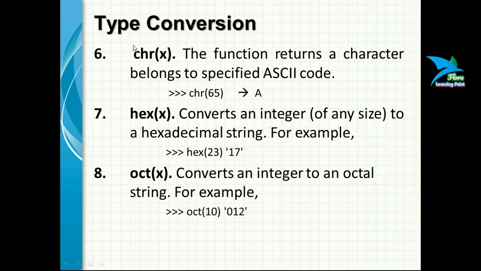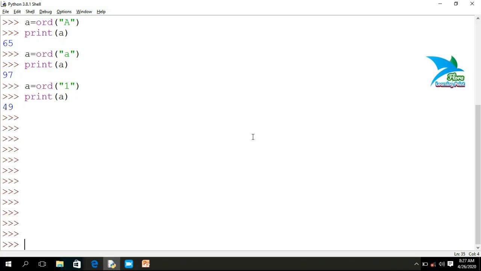Next we are having CHR function. This function is totally opposite to ORD function. This function returns a character belongs to specific ASCII code. So instead of specifying a character, we have to specify the ASCII value, then it will return a character belongs to that ASCII value. That means if I want to try